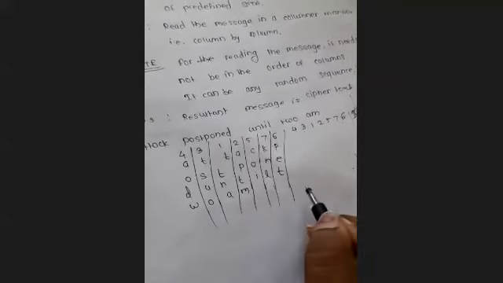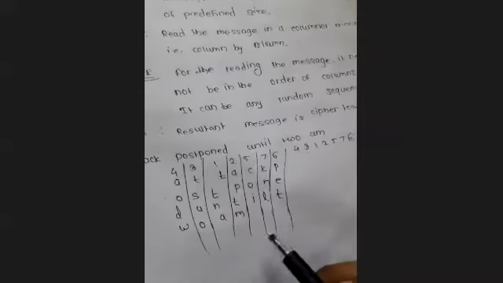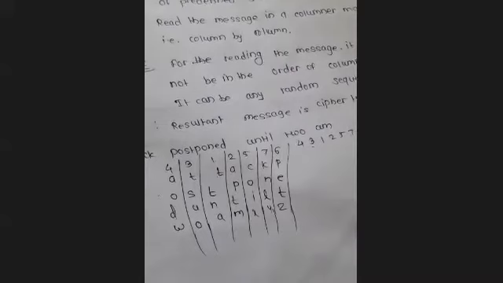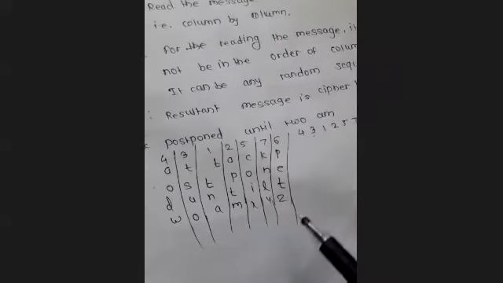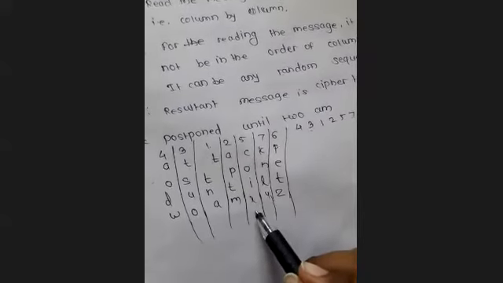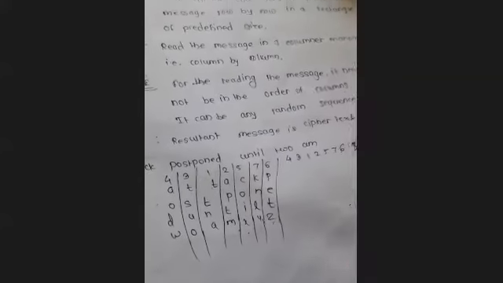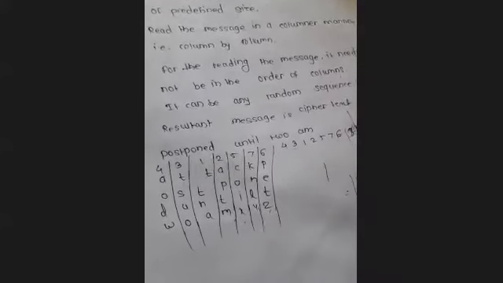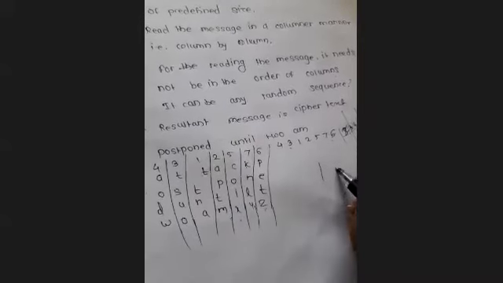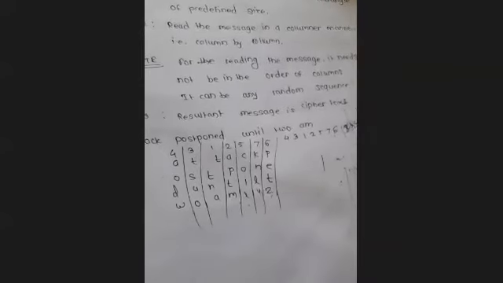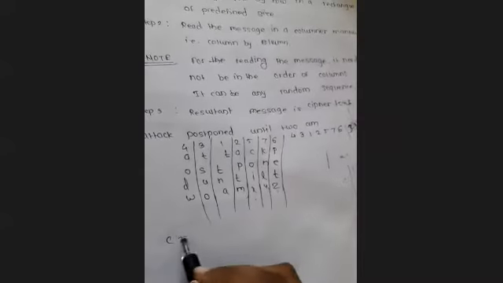Now here you can see 3 places are left, right? So you can fill these with the dummy letters XYZ if you want, or if you want to leave it blank, that is also okay. But in the case of this columnar transposition technique, it will be better if you fill the dummy letters, or if you are solving in an exam, you will have to write that XYZ are the dummy letters. Okay. And how are we going to read this? What will be the ciphertext for this?